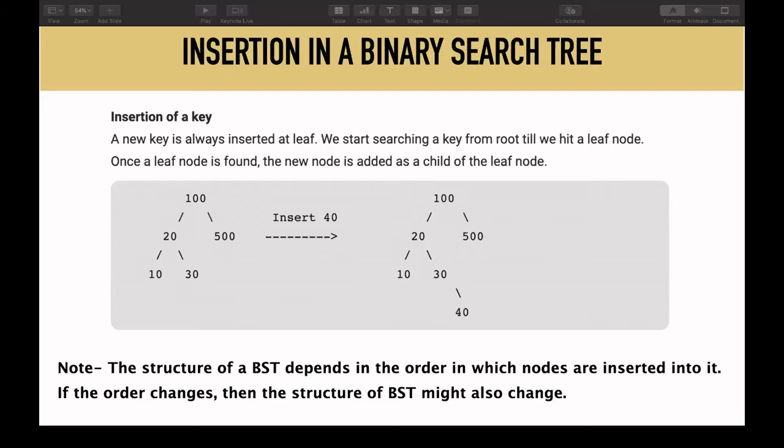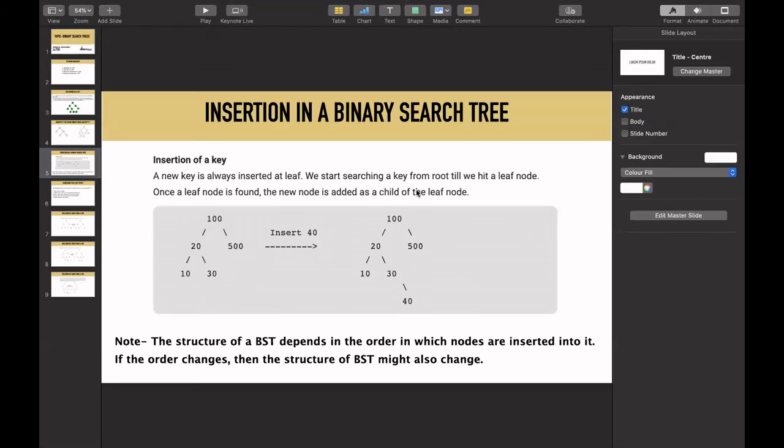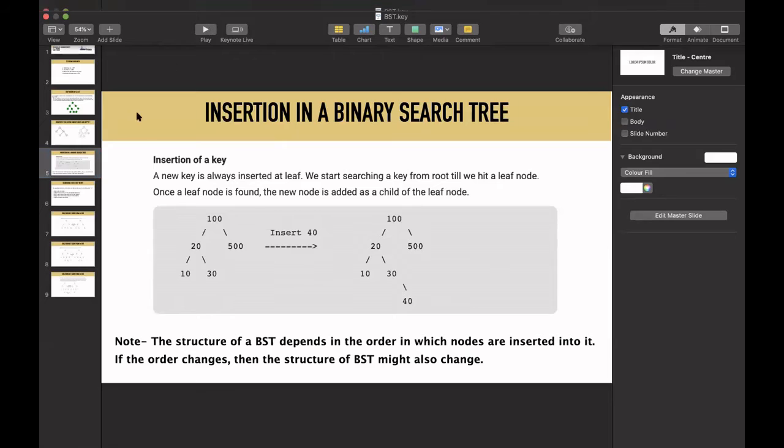Now I compare 40 and 35. I see that 40 is greater than 35, so 35 has to lie in the left subtree of 40. So I make 35 the left child of 40. This is a recursive approach. I've also written out the structure of a BST, which I'll discuss separately. So the insertion happens like this. Yeah, 40 is the left child. Perfect.